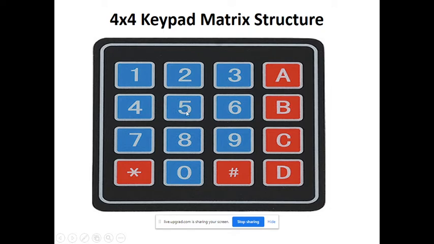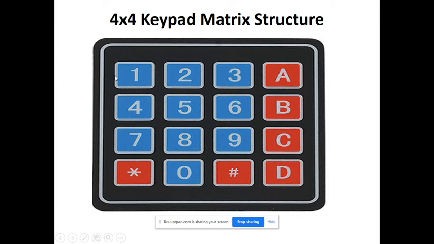This 5 is short circuited, and that's why the 0 is coming to the column side, and my number becomes 1 0 1 1. That's why we identify that a key got pressed from the second row.